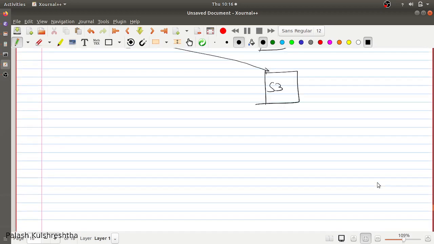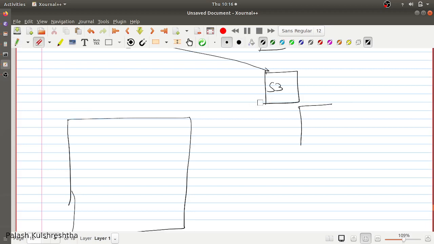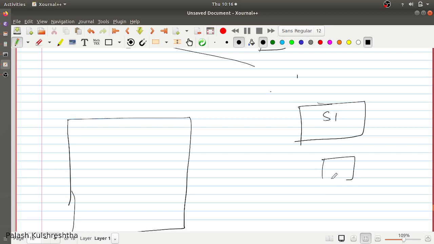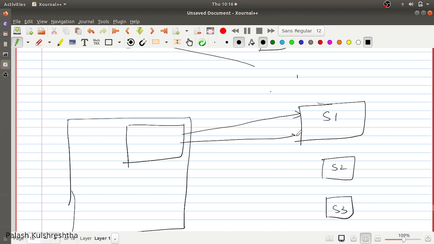And using this type of architecture, you can have different SLAs and SLOs for services. For example, if service S1 is a bigger service and S2 and S3 are smaller services, you can create a bigger compartment of connection pool or resources for interacting with S1, and you can create smaller compartments or have smaller dedicated resources for S2 and S3, as per your agreement or as per the size of the customer or priority of the customer.